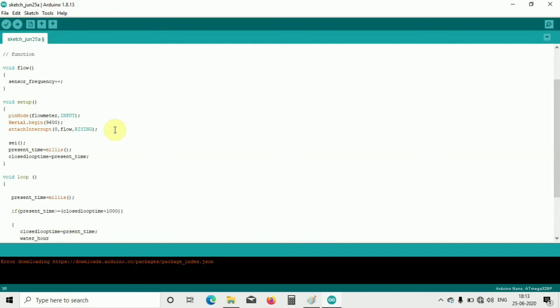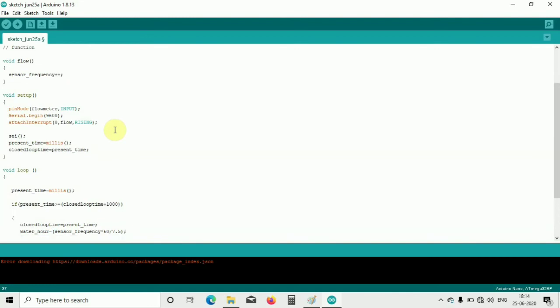So water per hour will be equal to sensor frequency, this is a standard formula, multiplied by 60 in order to convert it to liters per hour, and then divided by 7.5. It is there in the datasheet of the YFS201 sensor, so you can refer to it if you want to learn more about this.